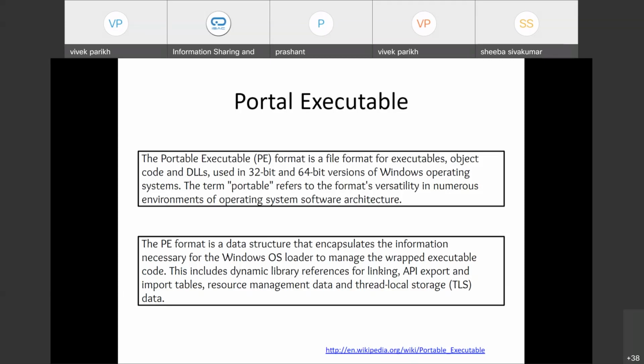The Windows OS loader needs to study the PE format to see how to load this particular file. Whenever you double click an exe, the Windows OS loader, which is present in the Windows operating system, parses that file and then tries to run it. The PE file can include dynamic library references for linking, API export and import tables, resources, and TLS. All these are present in the PE file.